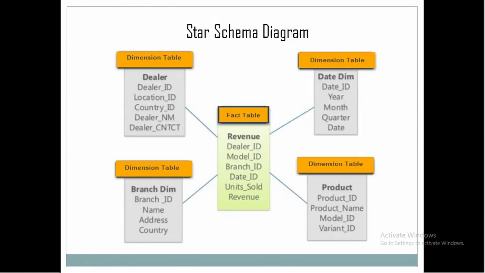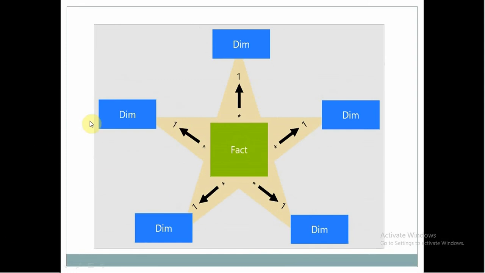Star schema consists of two types of tables, fact and dimension. Fact means metrics of a business process. These are generally numeric, additive or quantitative. Fact tables also contain keys pointing to relevant dimension tables. There is just one fact table at the center of a star schema. Dimensions are the where, when, what, etc. These typically contain qualitative information. There are multiple dimension tables in the schema, all of which are related to the fact table.